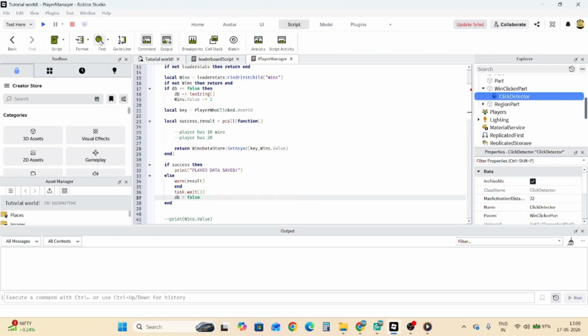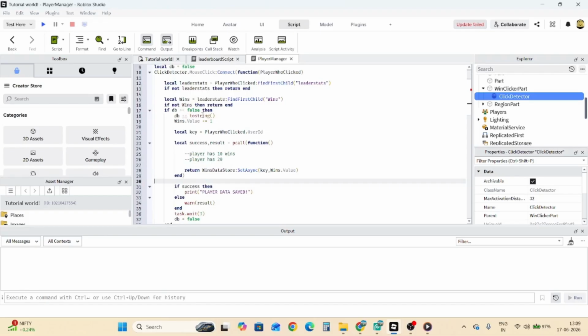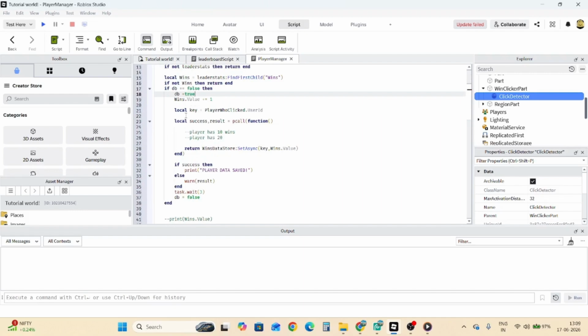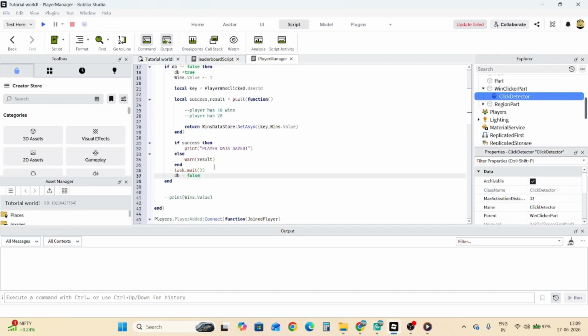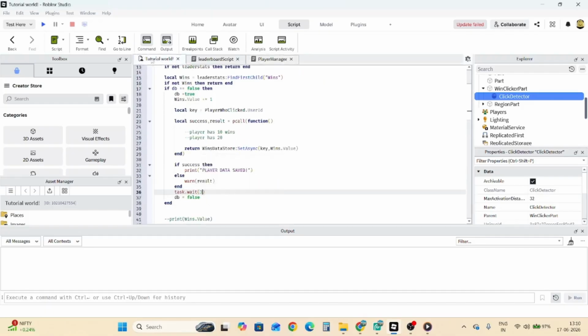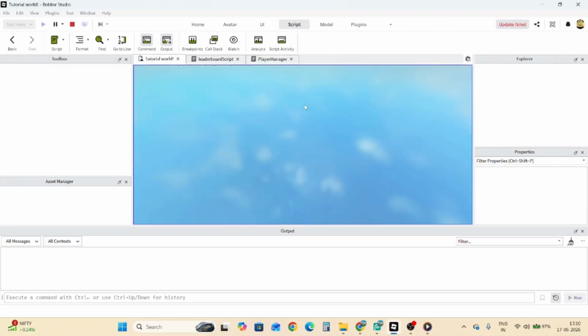Let me just format this script a bit, and yeah, this is how it's gonna look. Oh, what's this? db equals true. After I click this part once, this whole function won't fire for 3 seconds until this debounce becomes false, because only if it becomes false will this whole thing work. So now if I hit